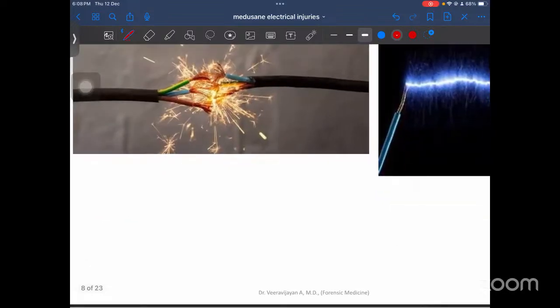That is, electricity, this is one point, this is one point. Electricity flows from one point to another point. This is electrical current, or usually they call this as electrical circuit. If any human tissue or body comes into contact in this circuit, it produces burns. That's the common principle. Apart from this electrical circuit, sometimes what happens is